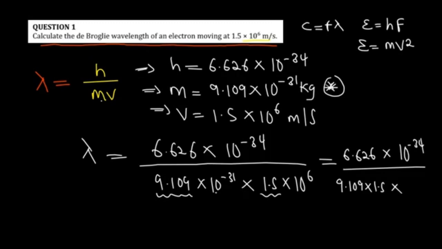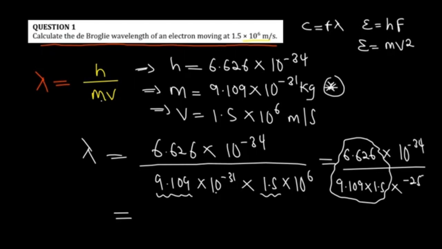So we can combine the powers since the bases are the same. So that would be minus 31 plus 6. So that gives me a minus 25. So this is what I have. Okay, so when finding the answer there, let me divide these ones separately, the ones without the powers. So that is